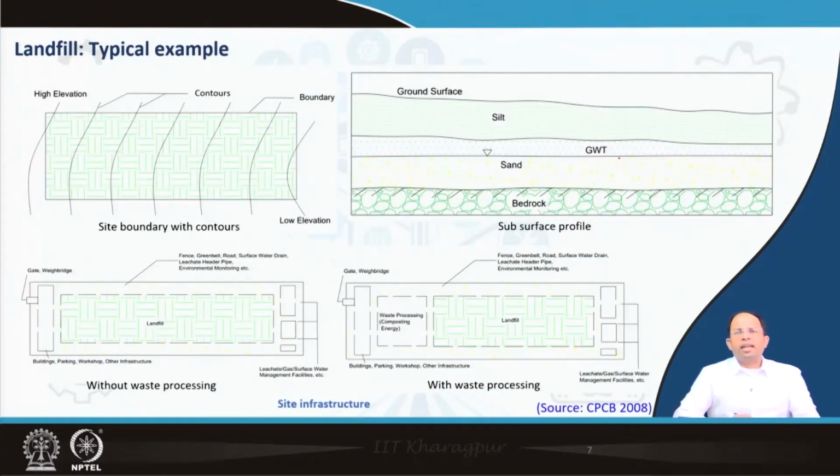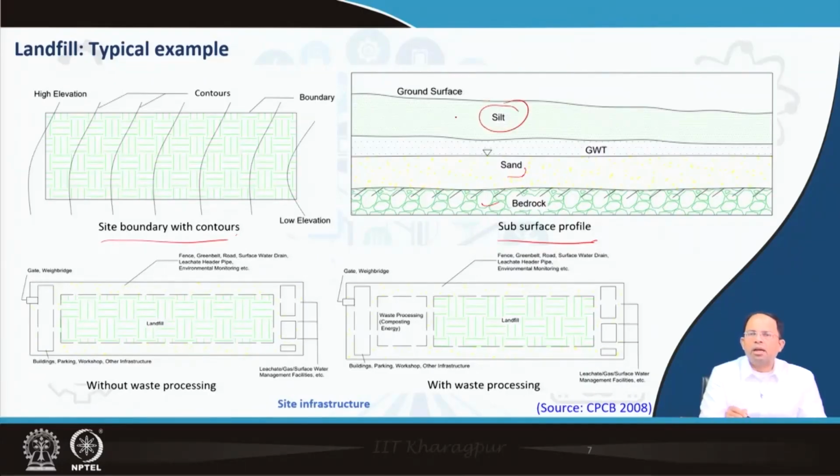So let's see a typical example of a landfill site. First we have to determine the site boundary along with the contour lines of the site to understand where we have to cut, where we have to fill, and so on. So we have to create the subsurface profile of the site. You can see this is the bedrock, maybe the soil layers above it, maybe there is sand, then the groundwater table we have to determine, then the layer of soil above it, maybe there is silt soil over here, right? So this is what needs to be determined, and the entire profile or the section of the ground needs